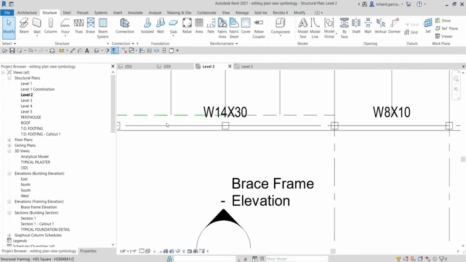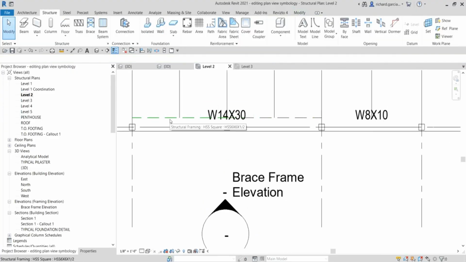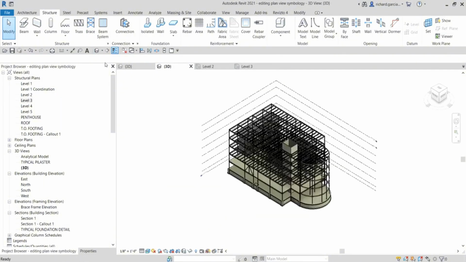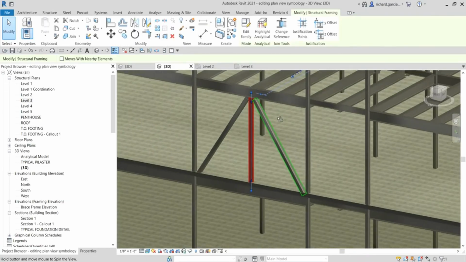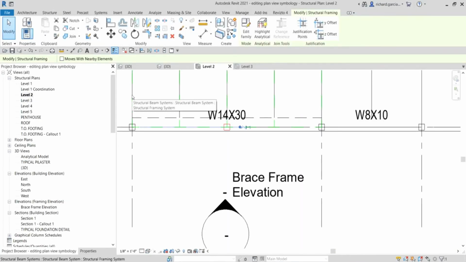Okay, so what I'm going to do is teach you how to change the symbology of your brace frame on the plan view. On Level 2 it looks like this, on Level 3 it looks like this. Basically, in the 3D view, if you still remember, this is how we did that, right? Now, going back to Level 2, to change the symbology of the plan view